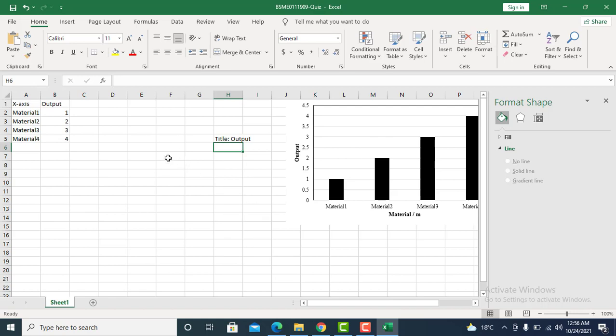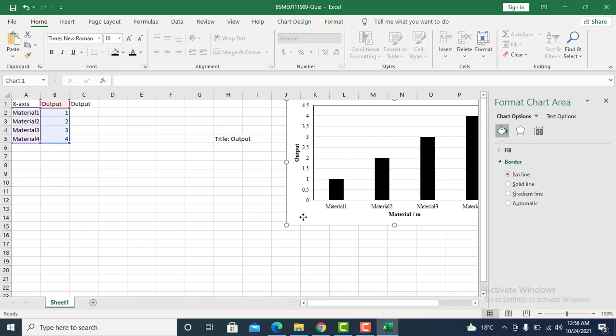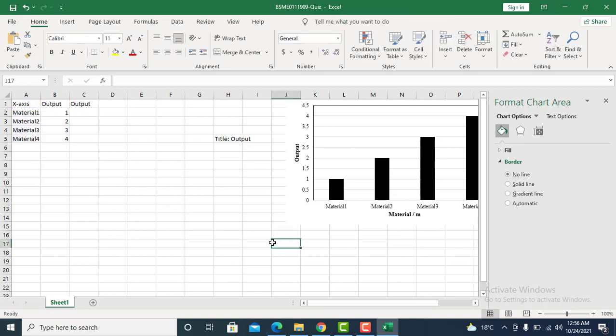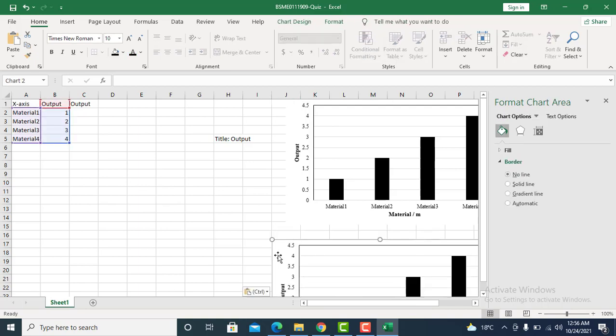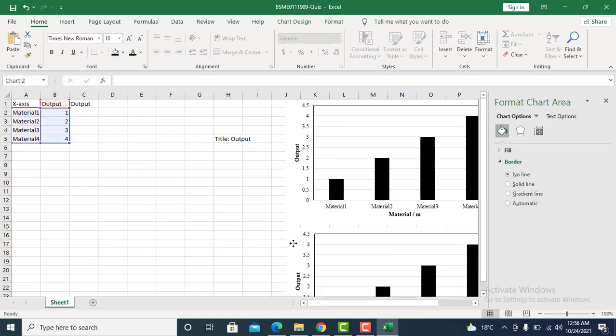Now we will again create a plot for the output measure 2. In order to reduce all the necessary steps, you can copy this graph and paste it here. It will create a duplicate copy of the previous graph.